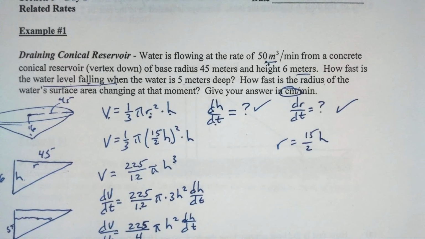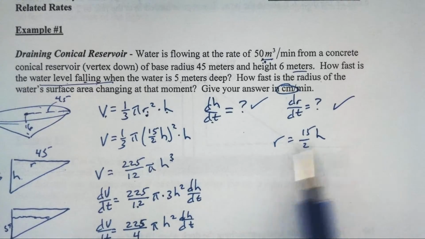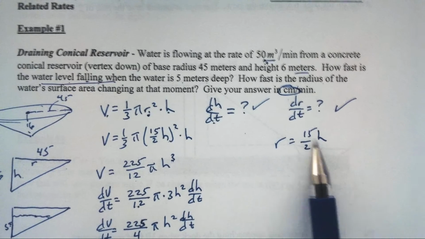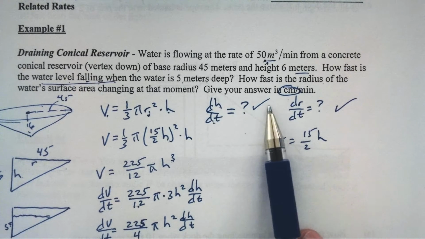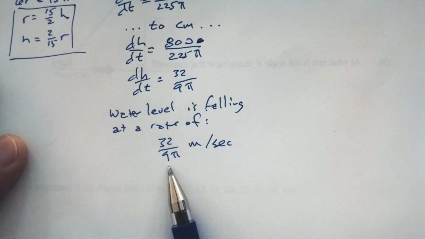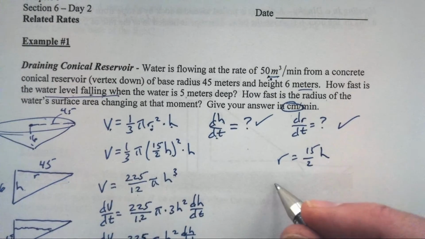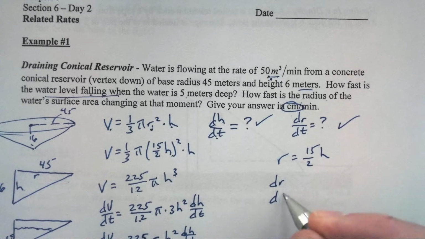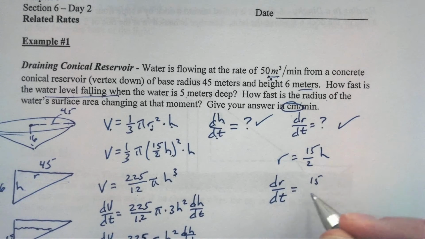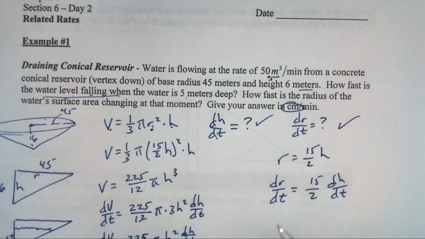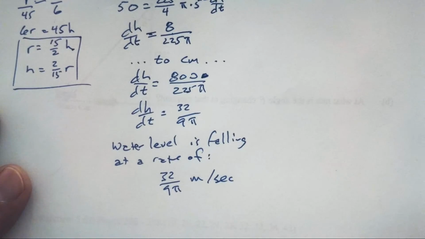If I'm looking for dr/dt and I take the derivative of both sides, I'm going to get a dh/dt over here. Is that a bad thing? It's not a bad thing when I know dh/dt. It's going to be way easier than going through the whole volume formula again. Therefore, I've got dr/dt is 15/2 dh/dt, or dr/dt equals 15/2 times, there it is,